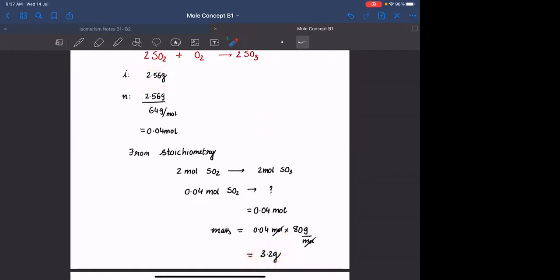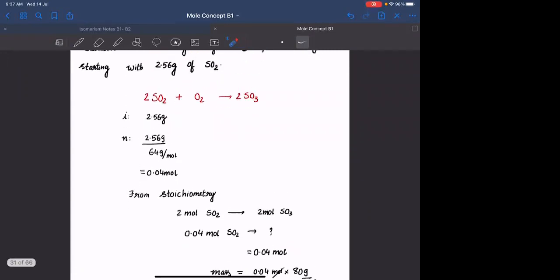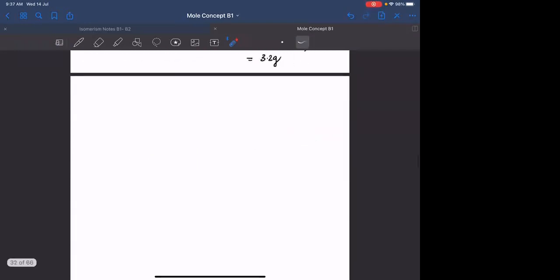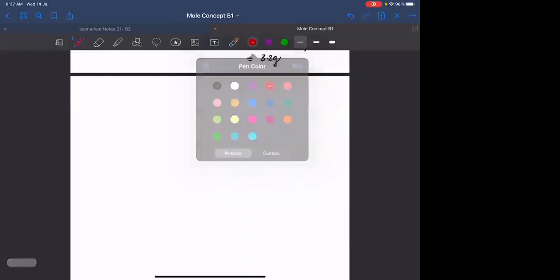Now there should be conservation of mass. If you are able to form 3.2 grams, यहाँ पे 3.2 minus 2.56 grams react होना चाहिए. Then only you can get 3.2 grams of SO3 by conservation of mass. Agreed? Okay, good. This is one analysis where you are converting everything in terms of moles and you are doing the analysis. You can also do a different analysis that is in terms of mass.